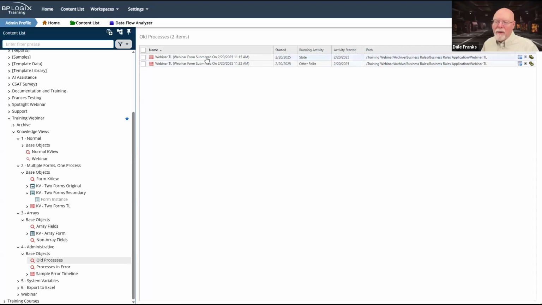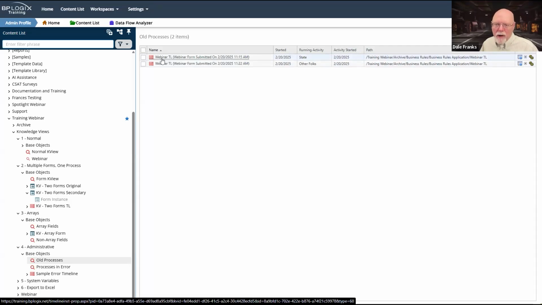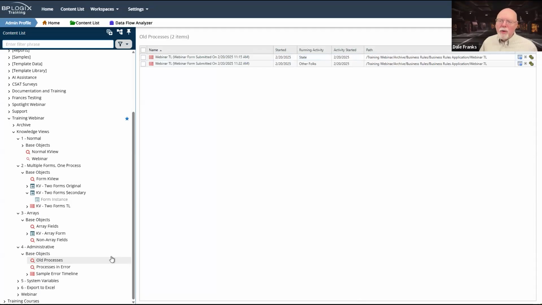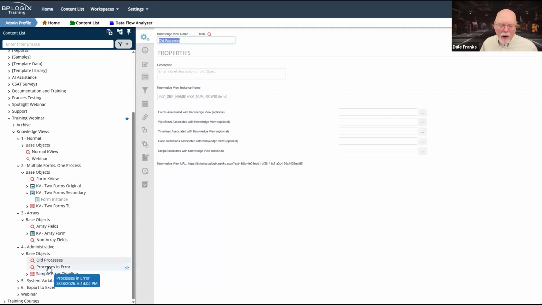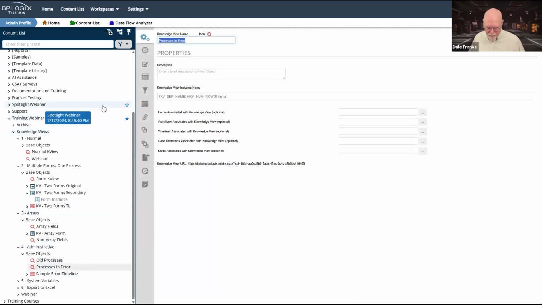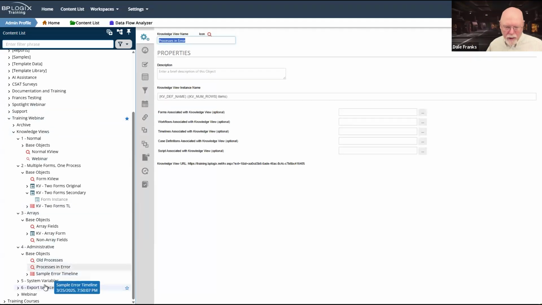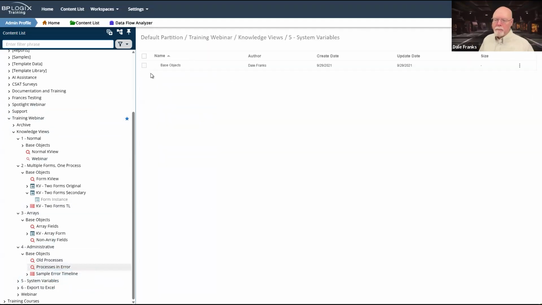And I would then have to go in, as an administrator, and either ask why this thing hasn't been closed out, why it is taking so long to finish. But those are my two primary administrative knowledge views that I would want to run.